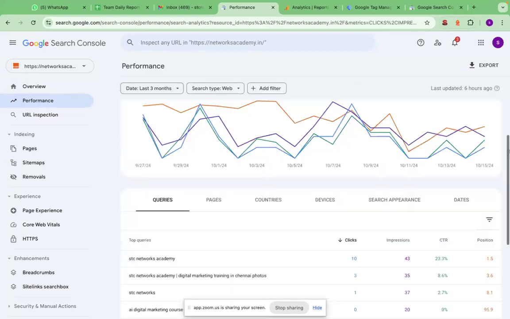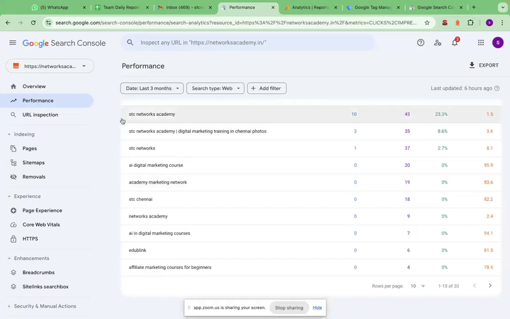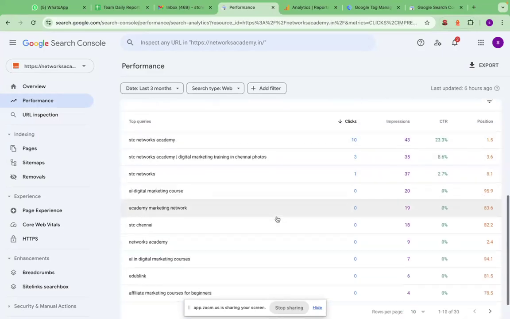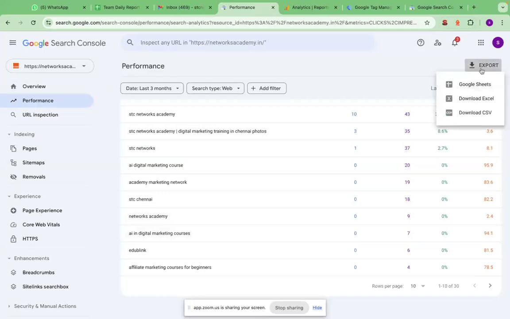Now if you scroll a bit down, you see the queries you have. For example, I am getting 10 clicks for the branding keywords. I am getting 3 clicks and impressions, and the average position is 1.5, 3.6. These are the ranking positions. So you need to take these keywords. For example, for AI in digital marketing course, I am ranking, but only 7 impressions. So what I need to do is pull this report. You can export it via Google Sheets, Excel or CSV, so you can download it